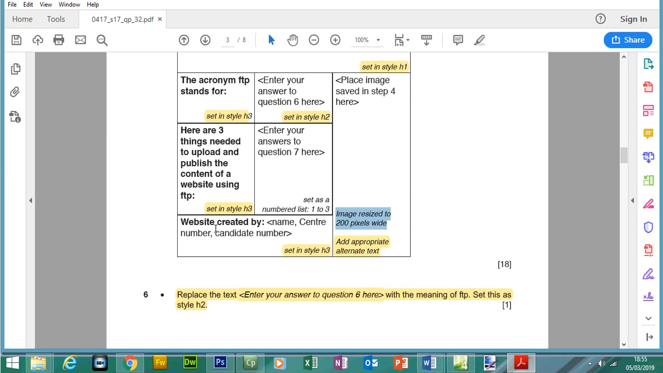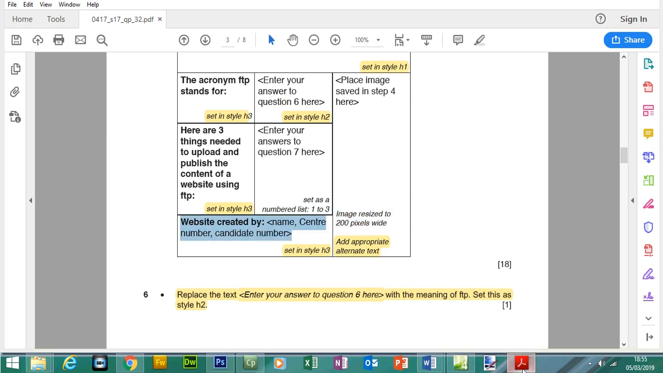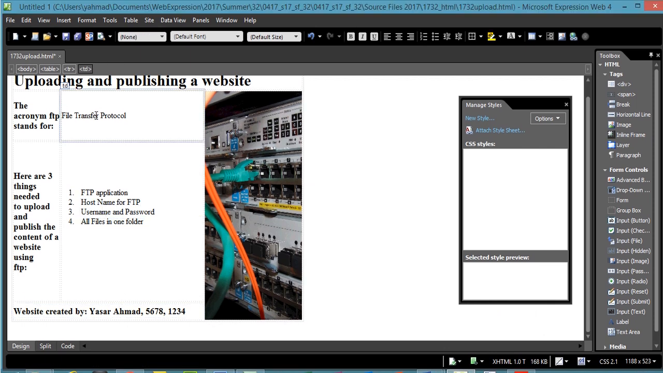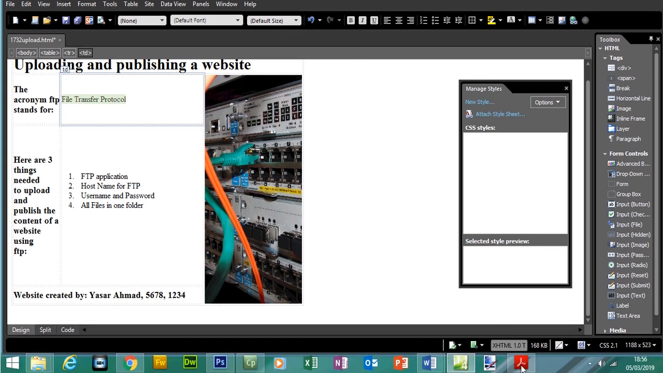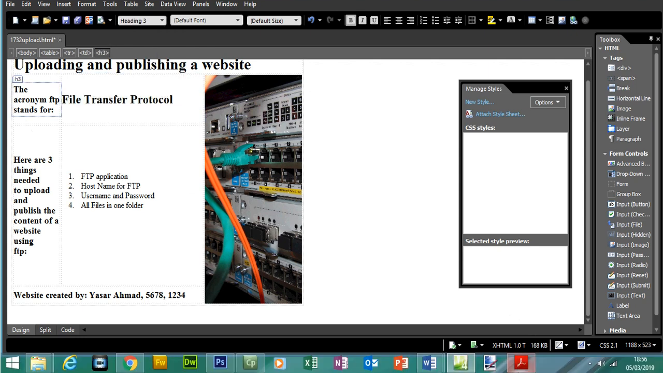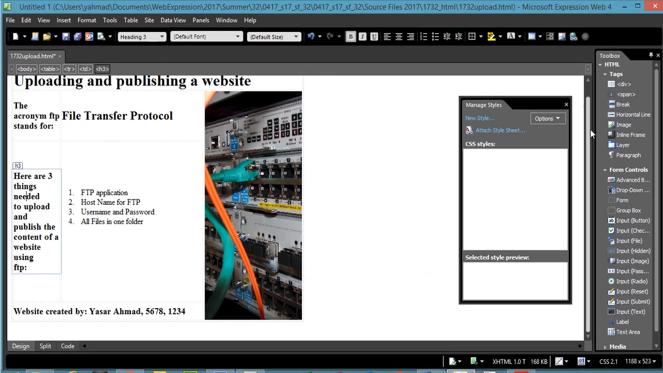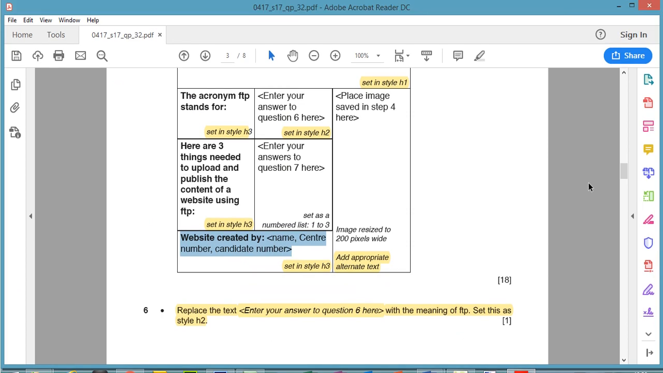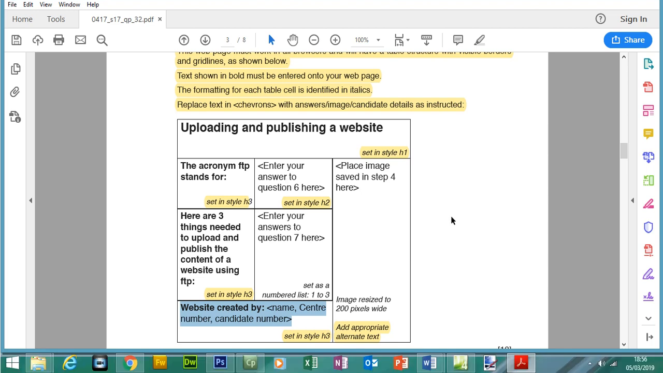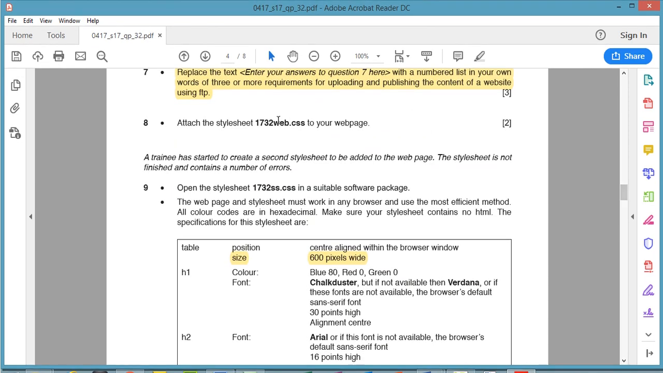Okay, let's check if this was set as H3 before we move forward. Yep, that's H3, that's the ordered list. This should have been, I'm sure I did it before, H2. This is H3, H3 as well, heading 3. Okay, so I think that part is done now. So we've got a table, we've entered the bold text, we've inserted the image, and then we've answered a couple of questions as well. Okay, so if we scroll down, we now need to attach the style sheet 1732 web.css